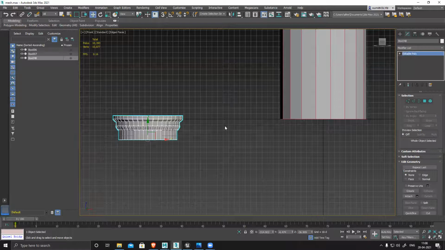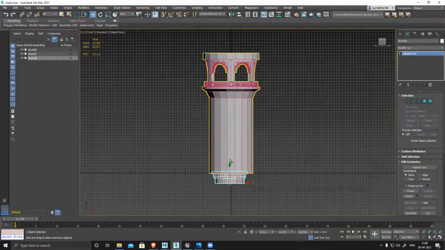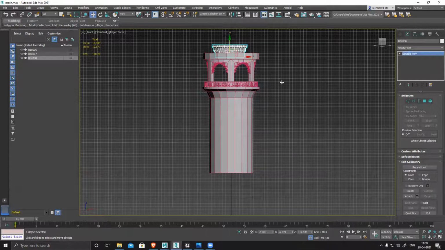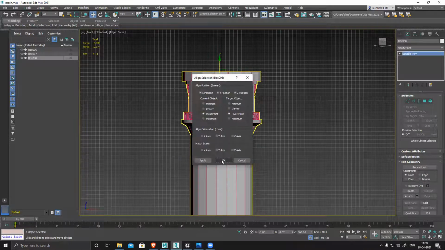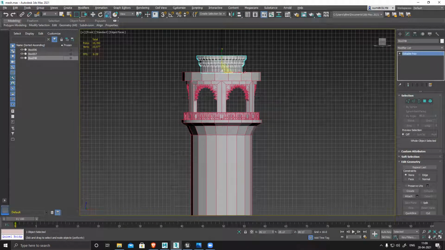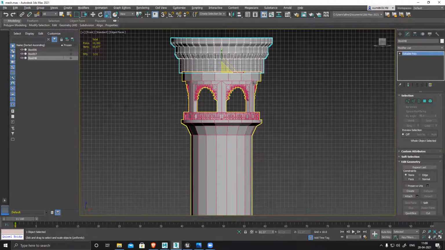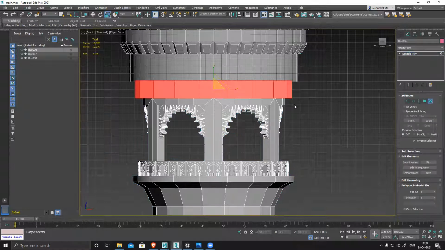Yes. Align. So alignment is also correct now, and then scale it. I guess this section I can delete, right?